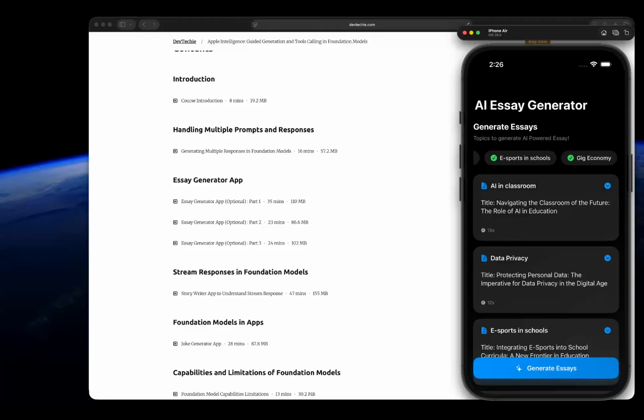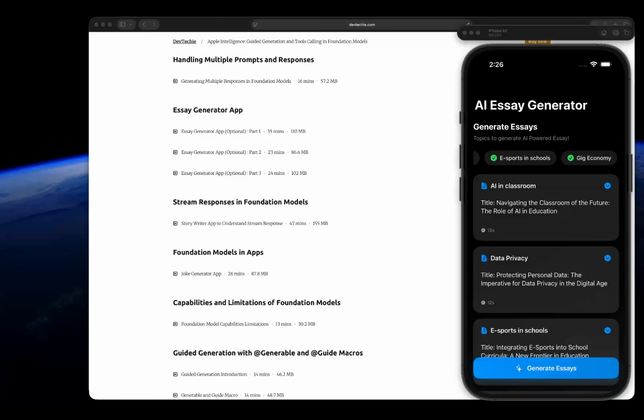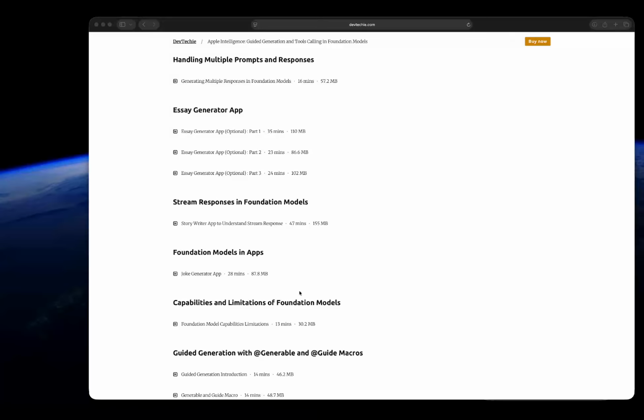From there, we're going to move on to streaming responses, and we're going to build this story writer app. And the story writer app you're going to build using the foundation model playground, and we're going to learn how the responses can be streamed, and then you're going to learn the concept of streaming versus responding with a chunk of data, and how foundation model handles it. Then from there, you're going to actually build this app,